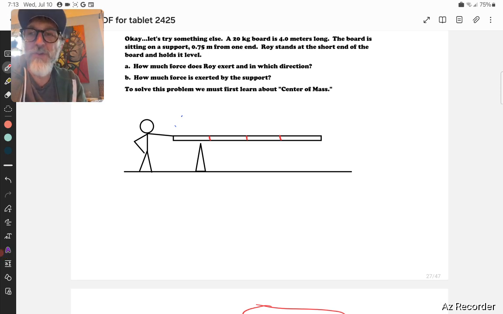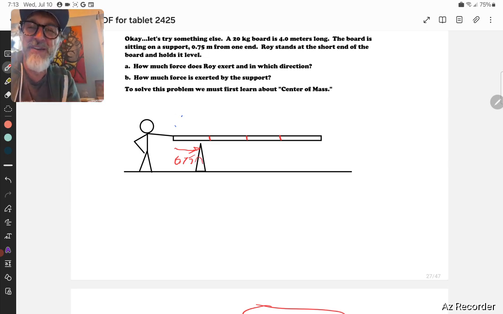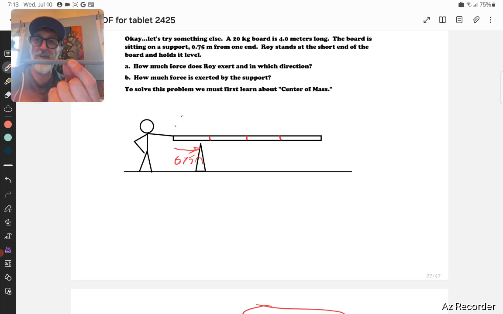All right. So anyway, what does this whole idea of center of mass have to do with this board here, right? So the board is 4 meters long, so it's kind of like this. But you can see that the board is sitting on a support, and the support is only 0.75 meters away from the edge of the board, right? So it's not in the middle. The middle would be 2 meters. So the support is over here, and if Roy doesn't touch it, it's going to